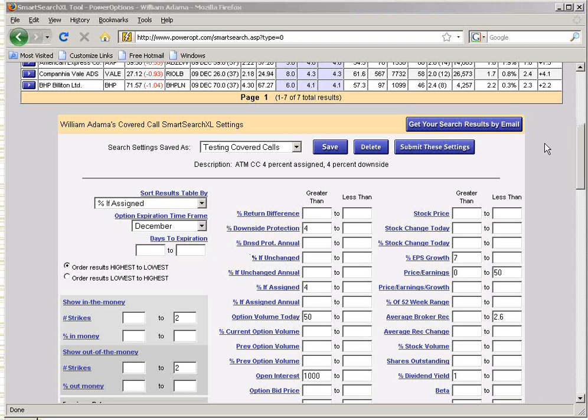Well, what I put in, I created a search where I was looking for a minimum 4% downside protection, a minimum 4% return if assigned. That's normally higher than I normally look for. I normally look for percent if assigned of greater than 2.5 or 3%. I was focused on looking at an option volume today of at least 50 contracts,